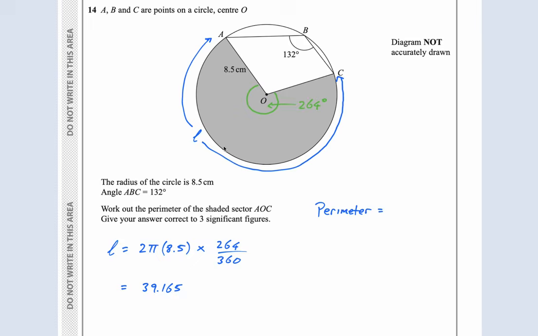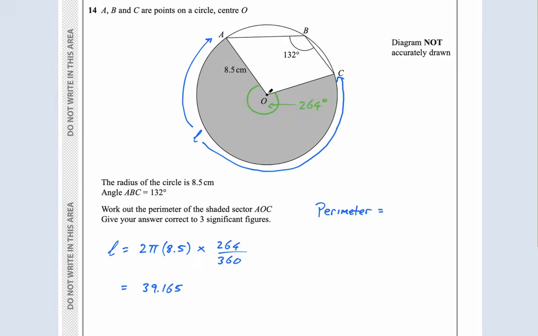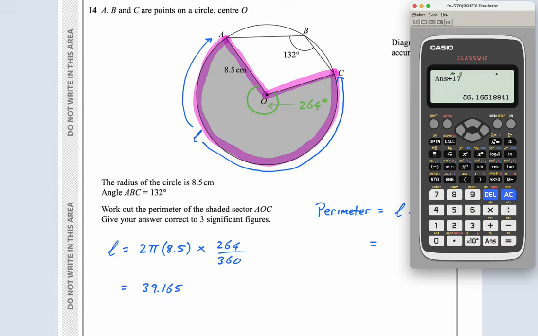is equal to L plus 8.5 plus 8.5, because remember, the perimeter is this plus this plus this. The perimeter is the length of the outside of the shape. So it's my L plus 8.5 plus 8.5. So it's L plus 2 times 8.5, if you like, and 8.5 times 2 is 17. This plus 17, let's just do it, guys, on the calculator, plus 17 is